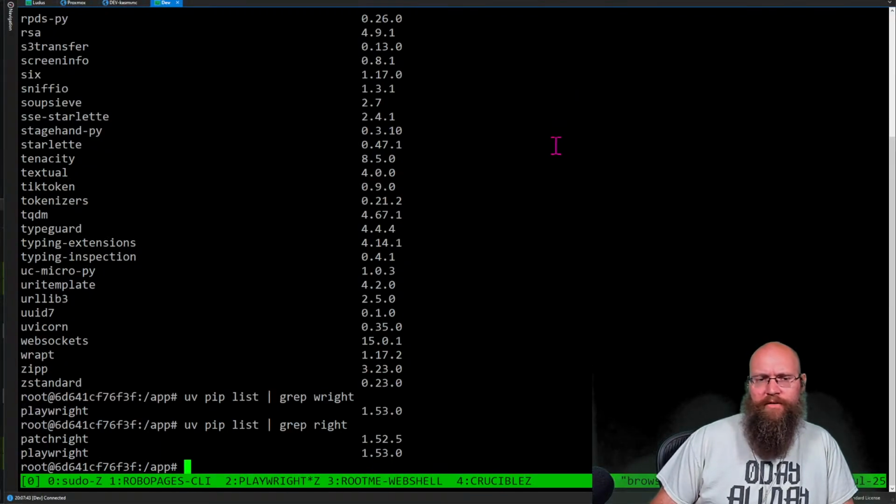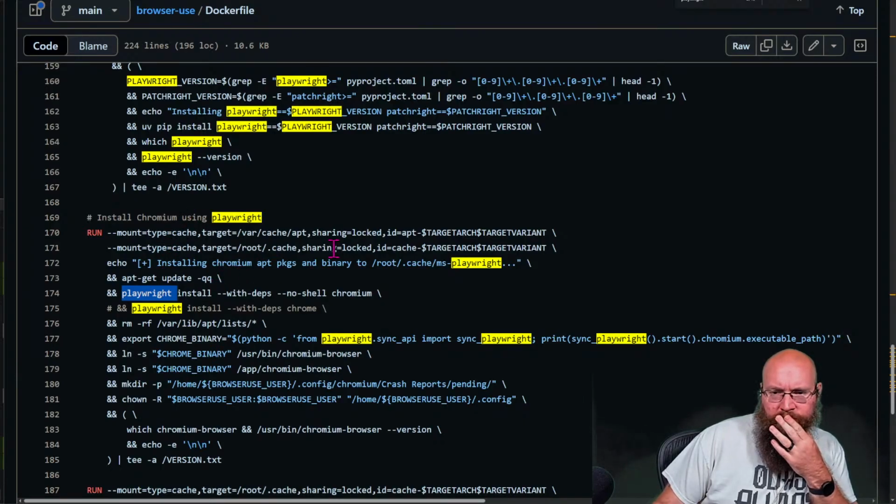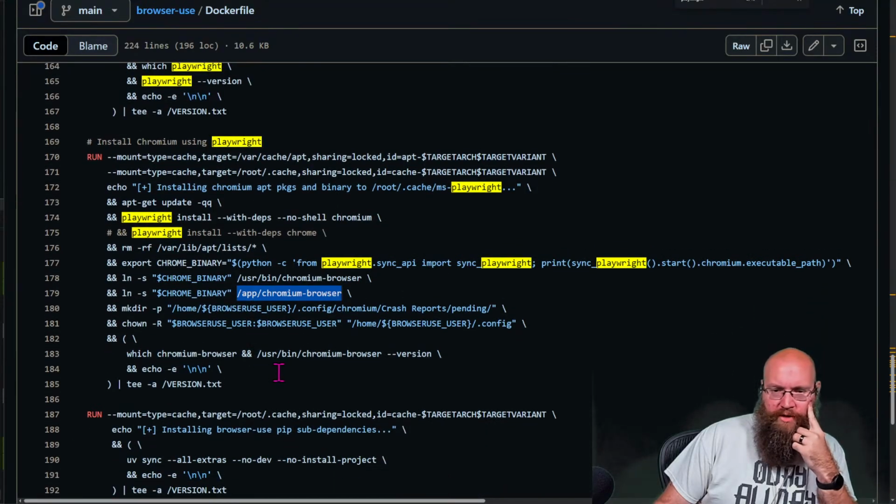Let's go back over to the Dockerfile real quick and see. Well, either case, it shouldn't matter, because if we look at this right here, we see that we've got local references to it, but for some reason, MCP is not using this, whatever it's loading up.